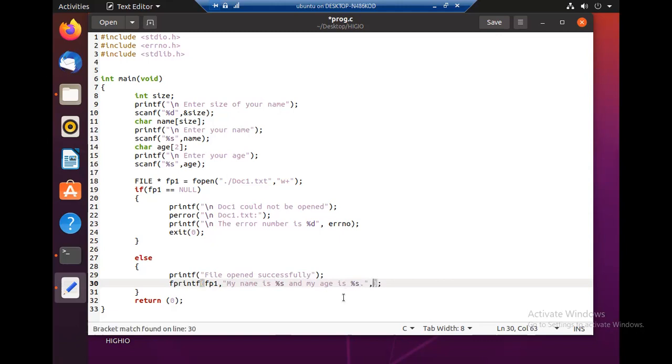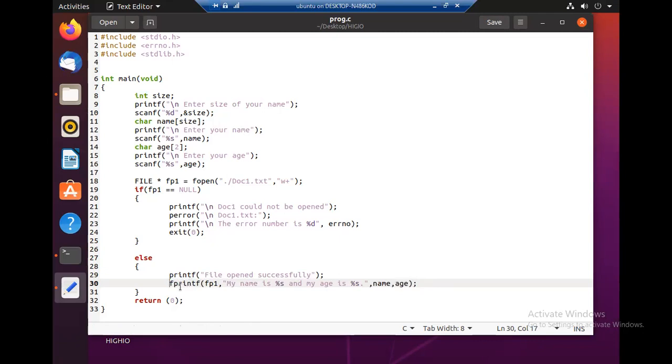As the next arguments, we have to specify what these variables are. So this is the format, then the list of variables. The first one is name, the second one is age. So with a single line, we can do a writing operation to a file, but we must make sure that this is done successfully.